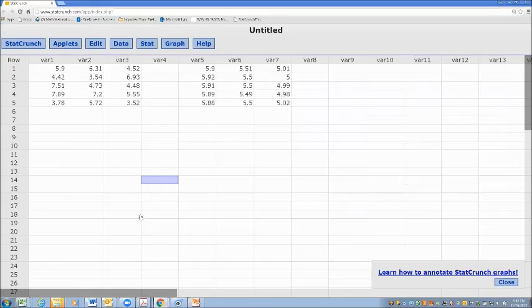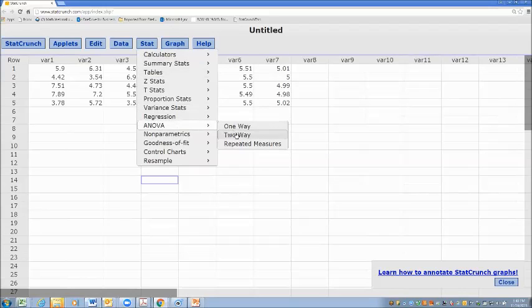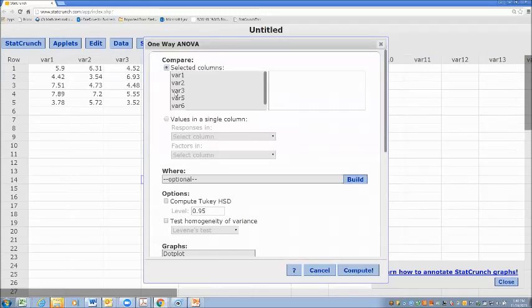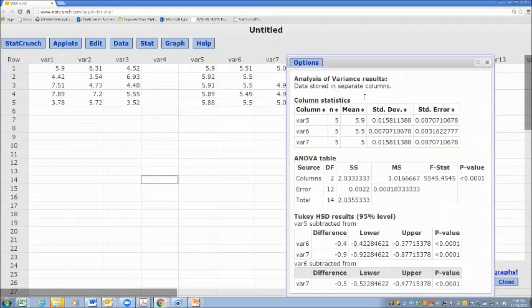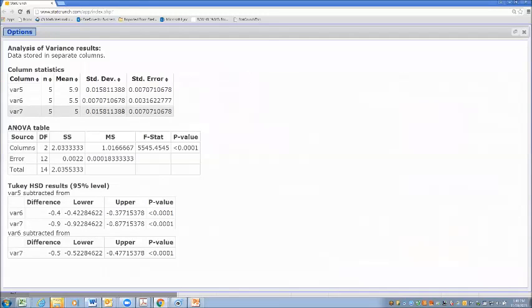Well, once we have the means being different, how do we analyze which ones might be different? And again, we want to try to do this all with a single test. So in working with the analysis of variance, there's something called Tukey's method that I can click in here in StatCrunch that will compute. And what that does is it creates the analysis of variance and shows me my probability,